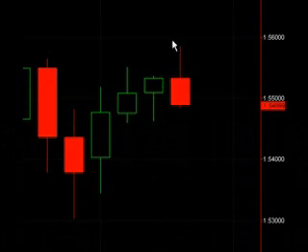Now, I personally did take a long. It broke out, and then the market came back, and I got stopped out at break even. I then switched to shorts, and I'll show you why. Once the market came back, moved up, came back, and once it started to move below the open, I got short because I knew that this was a false break. So I short sold,